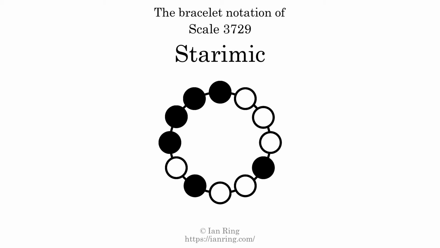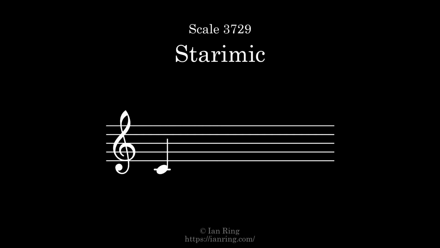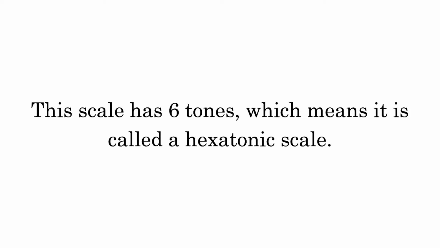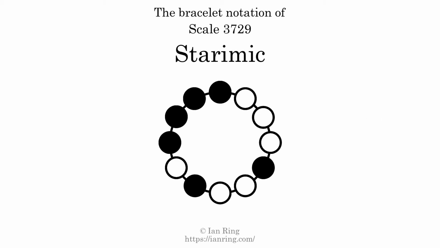3729, Starimic, which sounds like this. This scale has 6 tones, which means it is called a hexatonic scale. This is a bracelet notation diagram of scale